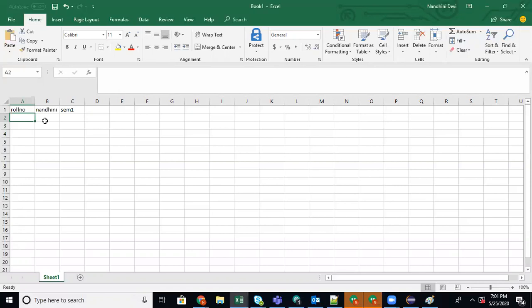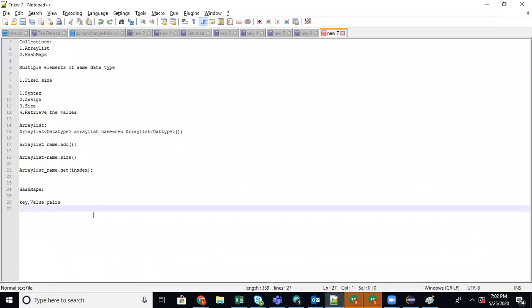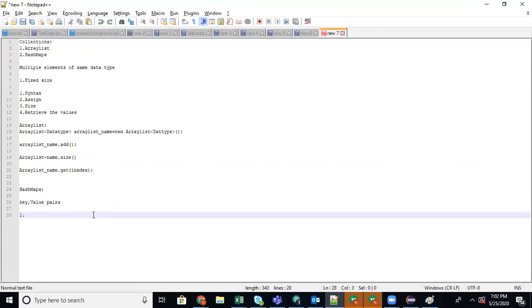It can be a single value, or it can be a collection of multiple values also. Whenever you give a key, it should be able to retrieve all the values mapped to the particular key. So first we learn how to save a single value for a single key. Then we will learn how to save multiple values for the single key. These are the 4 things we need to learn: how to declare, how to assign, how to retrieve, and how to find the size.